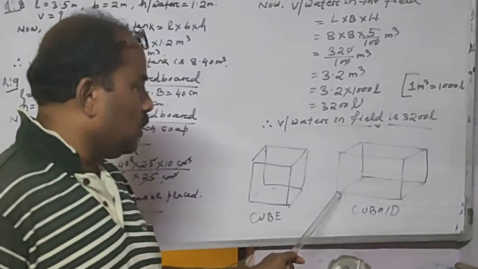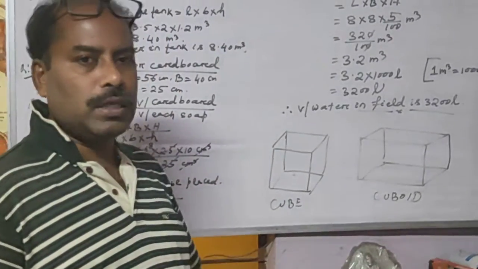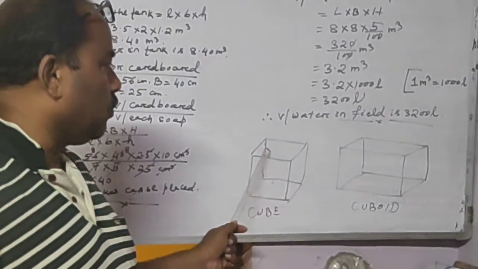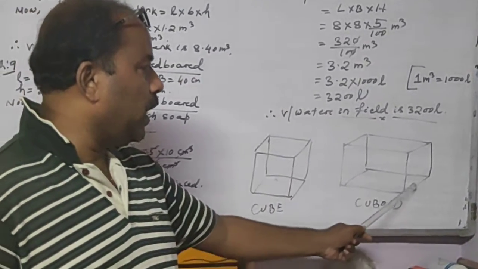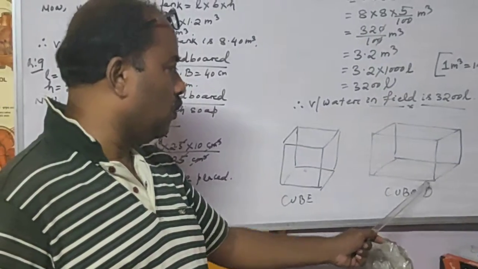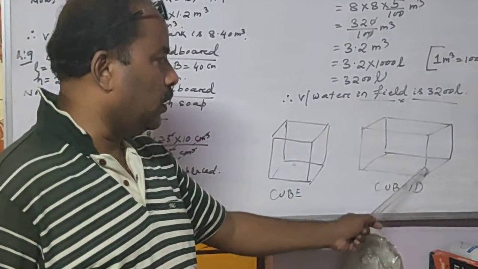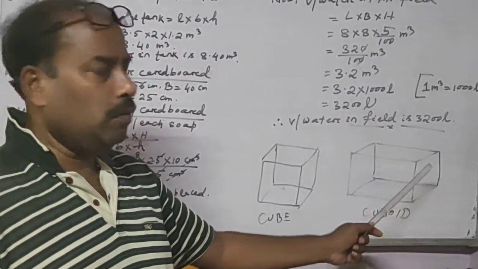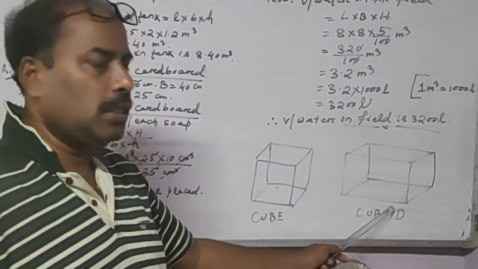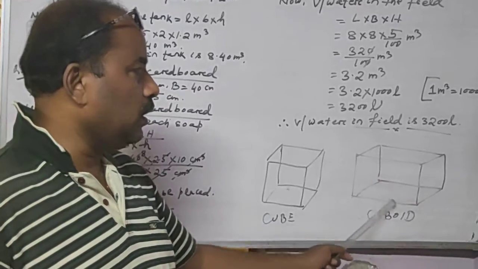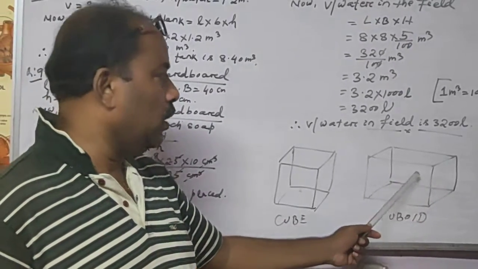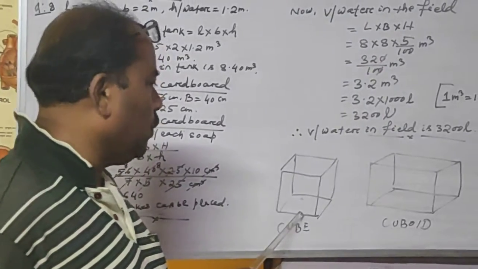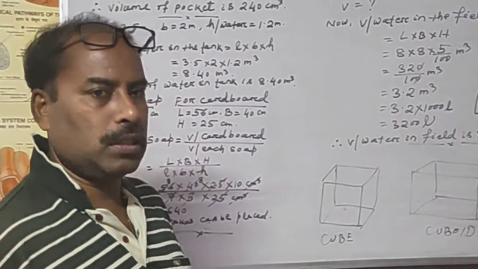But here you see, this is the rectangular size. In rectangle, what is there? The length and breadth are different, but in square, sides are equal. So length, breadth and height. Here also, length, breadth and height. If any one of the three dimensions is a different magnitude or value, then we call that a cuboid. So simply, in cuboid, length, breadth, height are different, and in cube, all the sides are equal to each other.